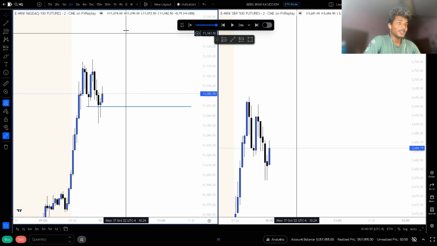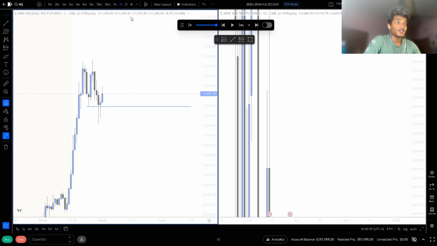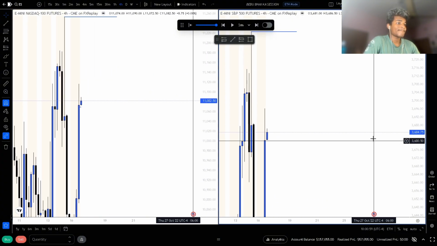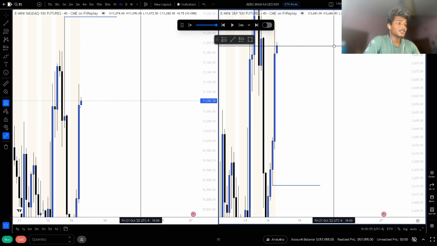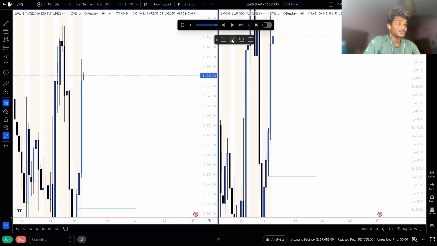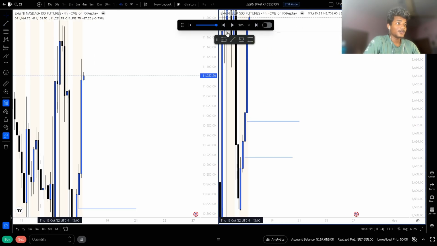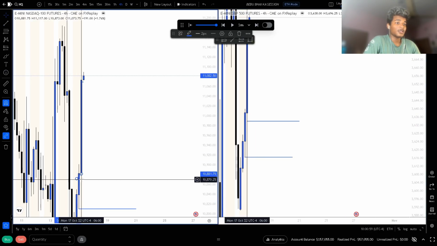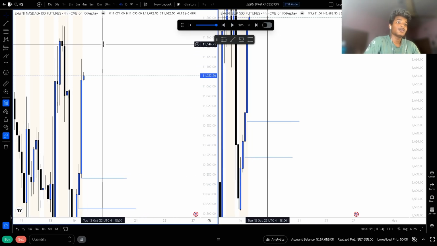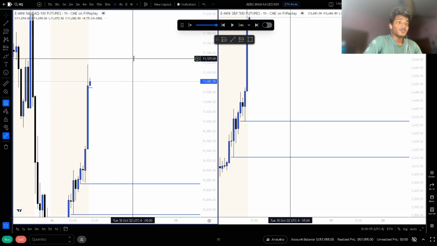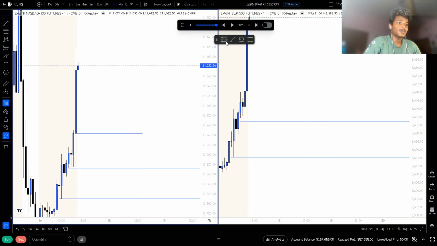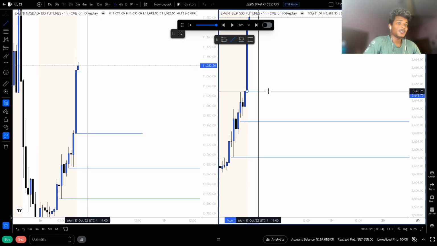And now we have the 10 a.m. open. So in the 4 hour, we can see that we have inversed this gap on both of the assets, but we do have unmitigated gaps below us as well. You can see at this point of time, the market has also made a BPR at this point of time. And in the 1 hour, we have this unmitigated gap below us.